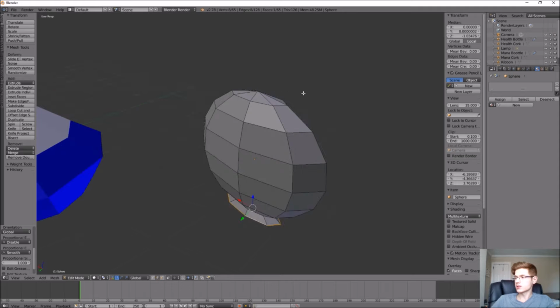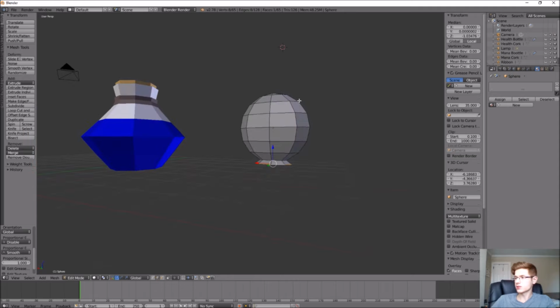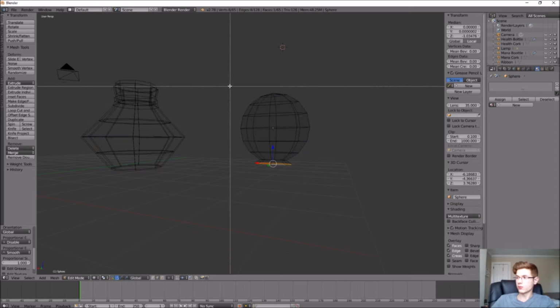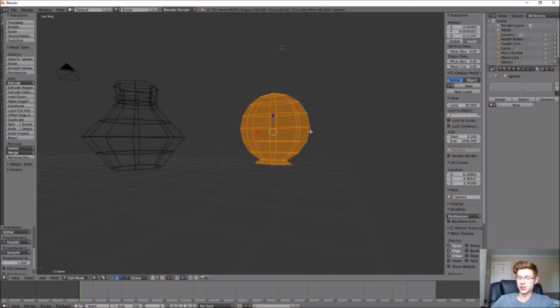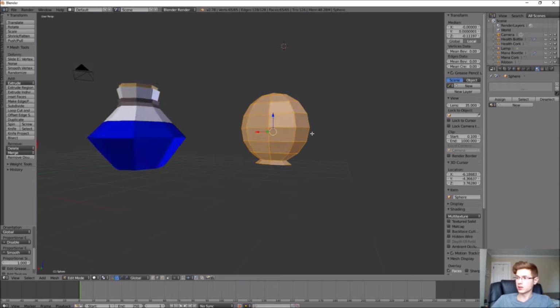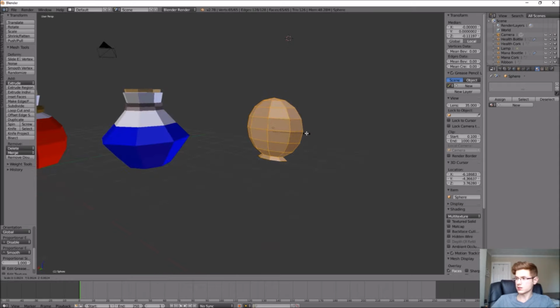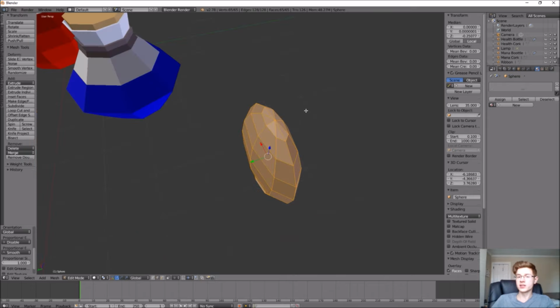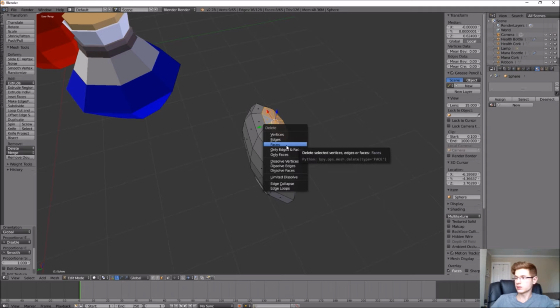Okay, so to make this the same general size as everything else, we might need to scale this a little bit. So with wireframe mode selected, I'm clicking B for border select and clicking S. Let's move that to about there. There we go. That looks good. Let's go ahead and delete the faces at the top, just like we did with the bottom. Making sure that face select is selected. Let's just hold down shift and select all of these at the top. Okay, hit delete, faces,